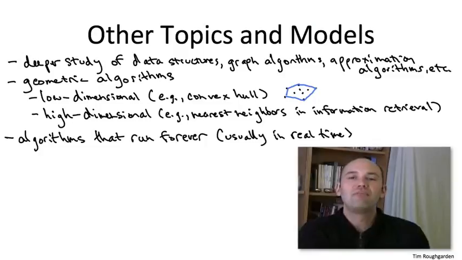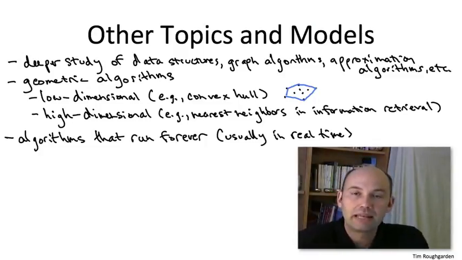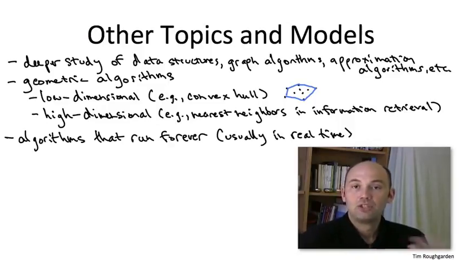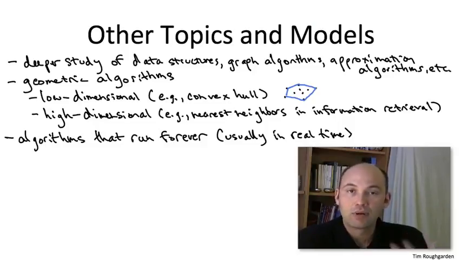Two applications that we've mentioned in passing in this class are the caching problem. So for example, if you're writing an algorithm to manage a cache for an operating system, that algorithm's work is really never done. It's going to have to manage the cache indefinitely. Similarly, you can think about routing in a network, say internet routing. Again, that algorithm's work is never done. There's always going to be link failures. There's always going to be new nodes. There's always going to be new data to route. So it has to keep making routing decisions indefinitely as long as the internet exists.